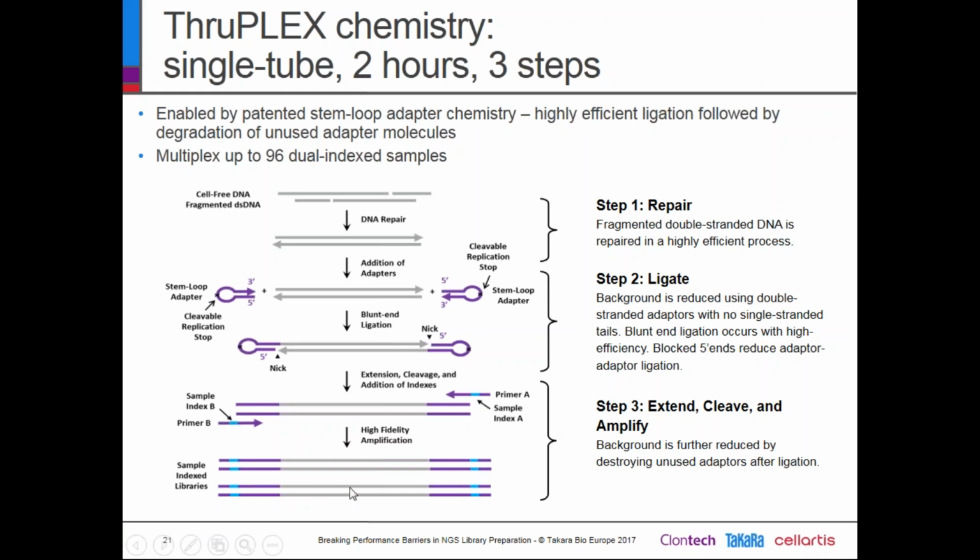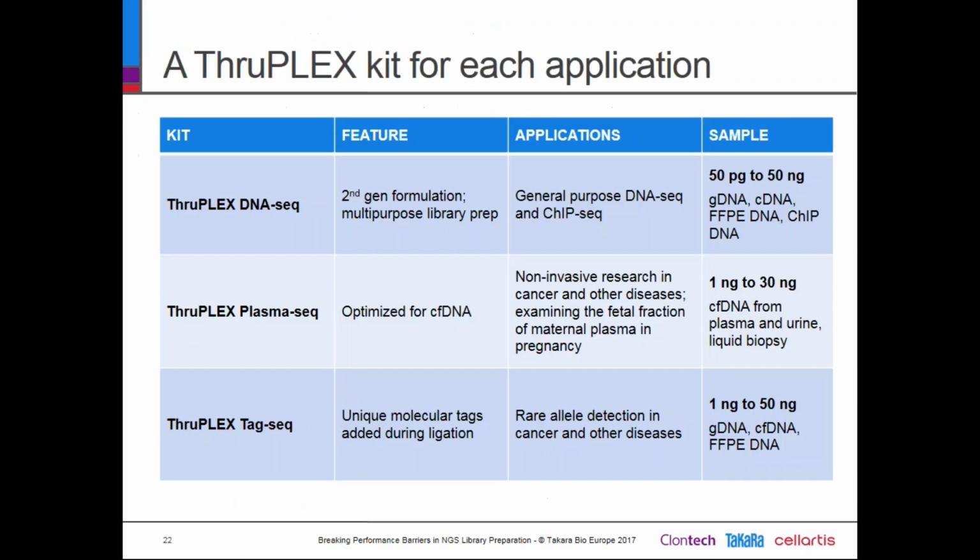And then there is a PCR step in which the Illumina indexes are incorporated. So you will get indexed libraries, and we provide indexes to do up to 96 dual indexed samples. Everything is included in the box. This technology is available in 3 different